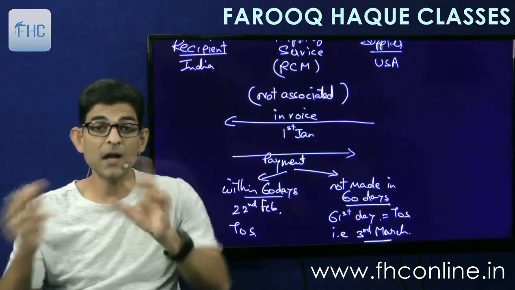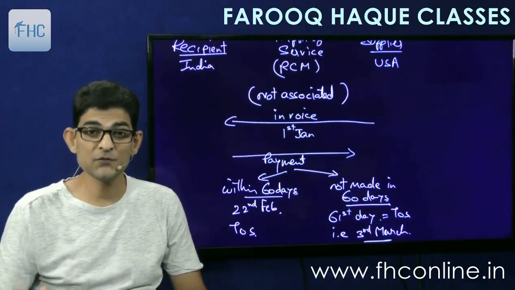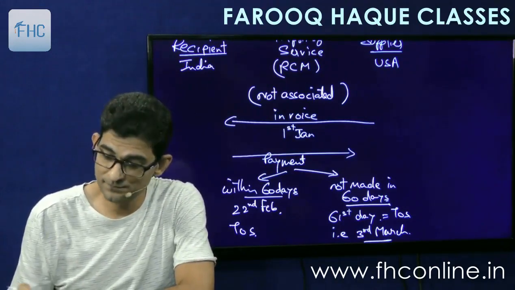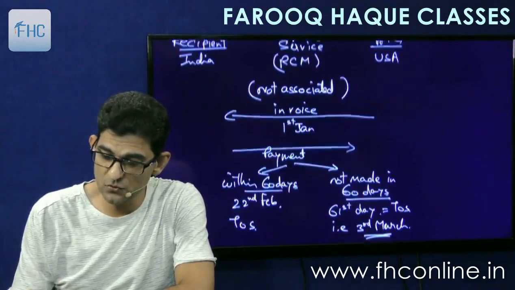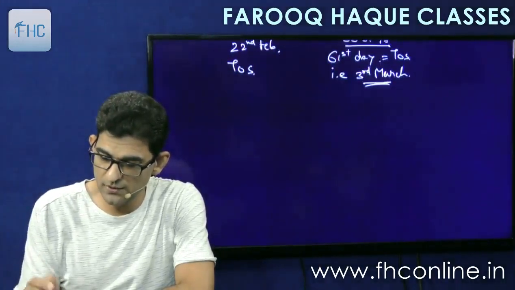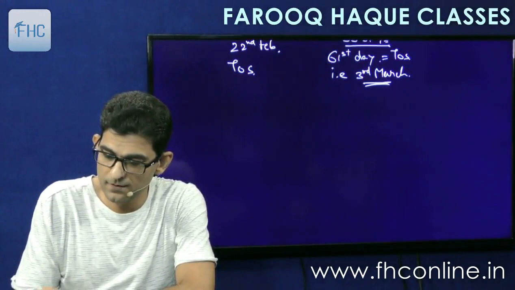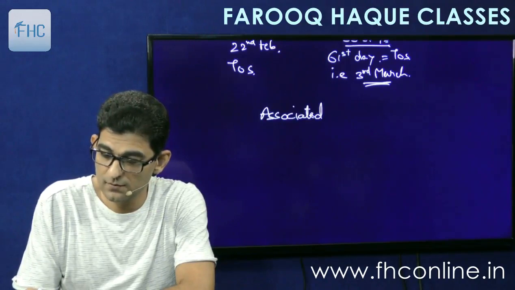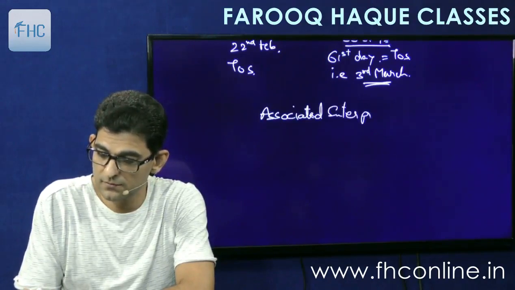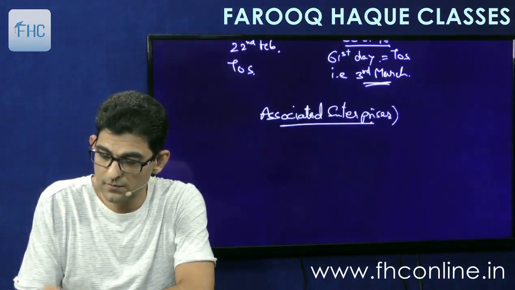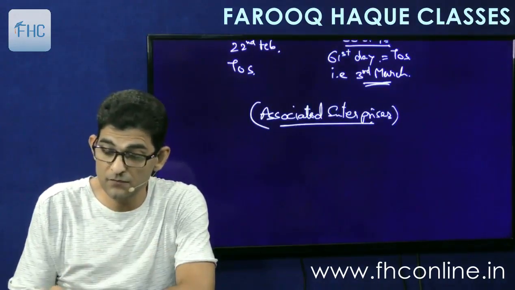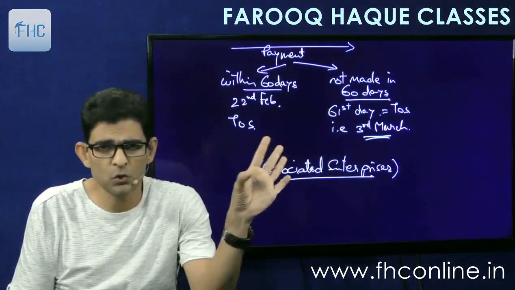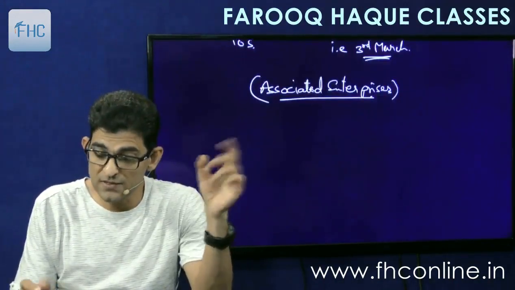Okay, but now if these two persons are associated enterprises, then what will happen? Let's see. I'll write here below that, if they are associated enterprises, then what will happen? Then we will not apply the 60 days criteria, whether payment is made within 60 days or not is not to be seen. What we will see is,